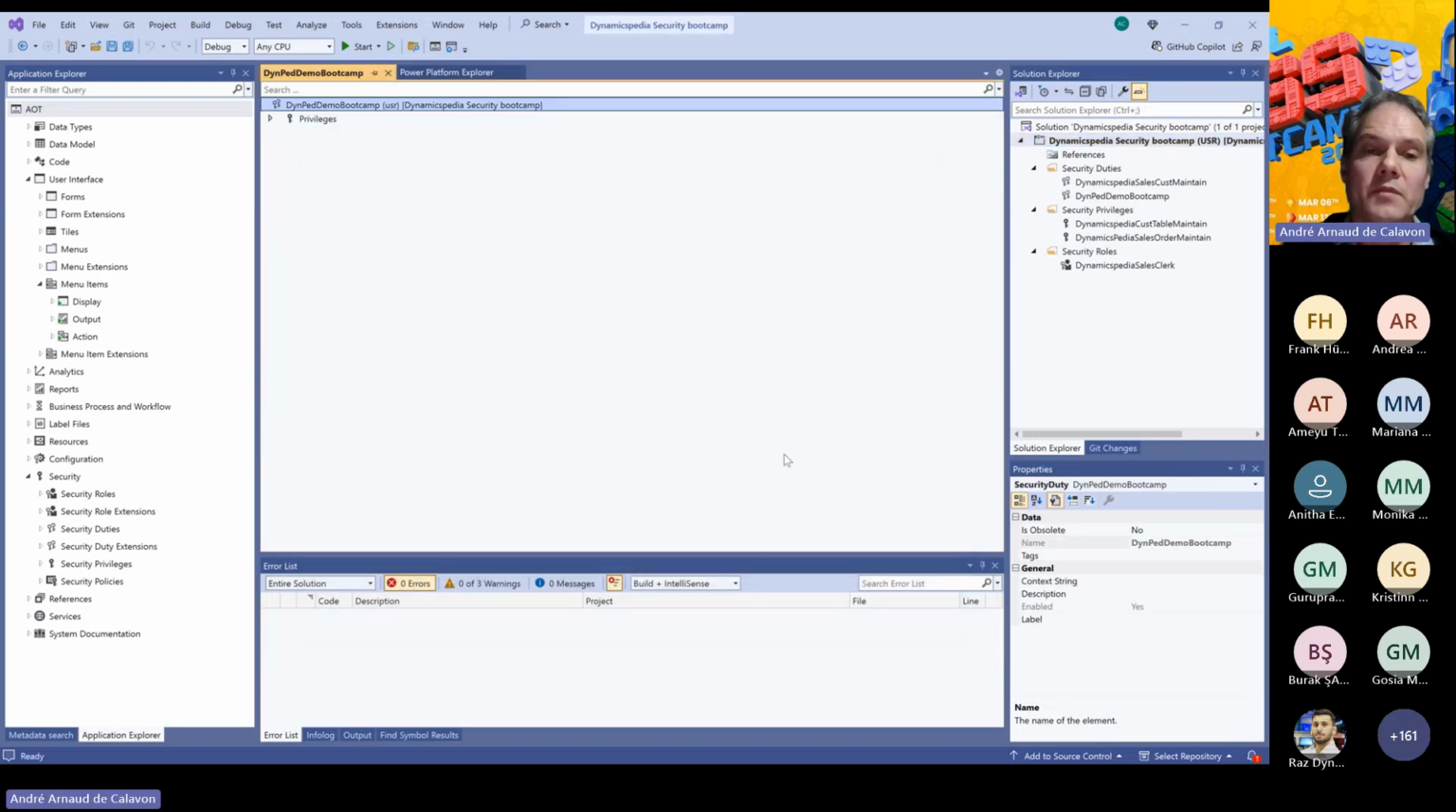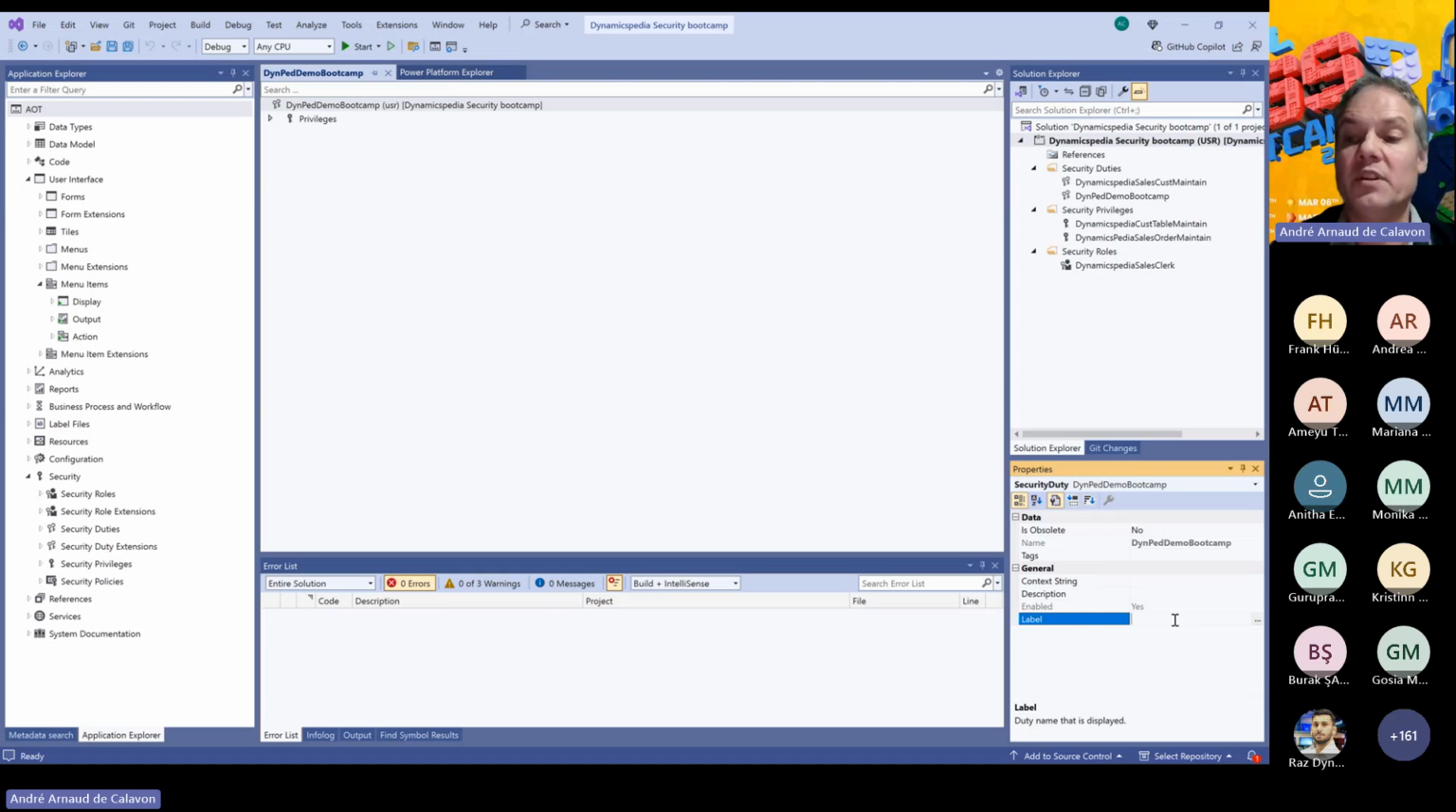For each of the objects you create, there are some properties, and one of the properties is a label, and the label is just a functional description of, in this case, the duty. And we can, for example, use maintain customer master data as one of the descriptions. If you go for just the best practices, the label can be referenced by a label ID. In that case, you can also manage translations of this label, which is now hard-coded, which is not best practice, but it works in this